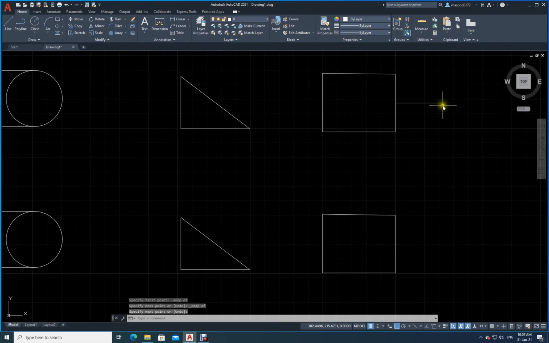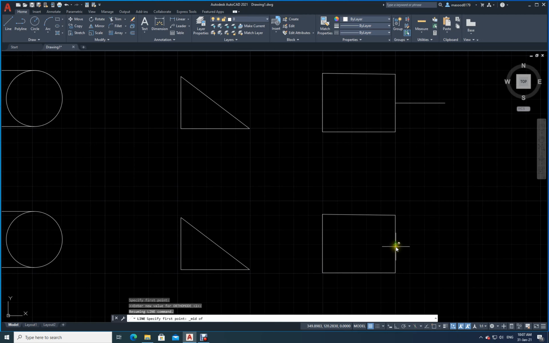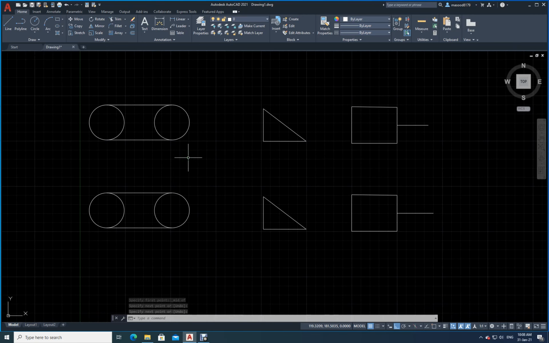Now I need to draw another line. This horizontal line is at the middle point. I will take the line command and then again come here near this line, press the Shift key on your keyboard. Now right click the mouse button. Where is the midpoint? Midpoint is here. Just take the midpoint. See here, it is looking like a triangle now. Press here and then just draw it horizontally. Just remove the Shift key and press anywhere, enter. So this is the way OSNAP works. Is this clear?